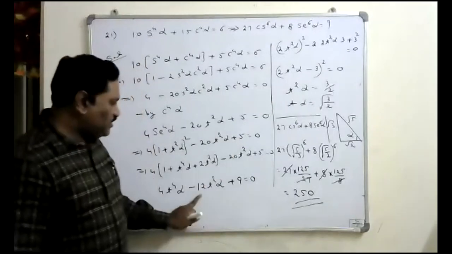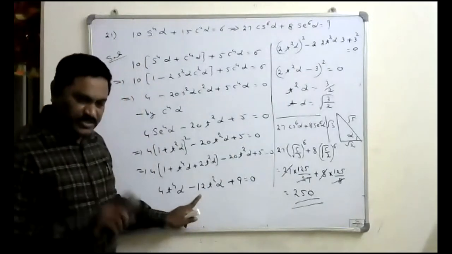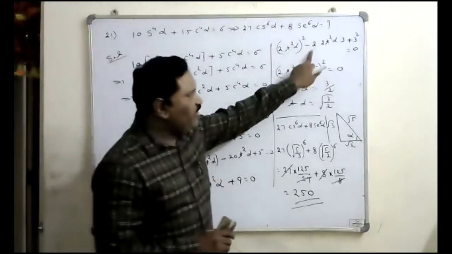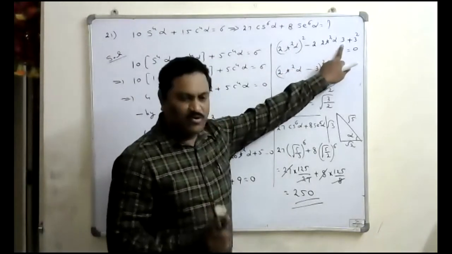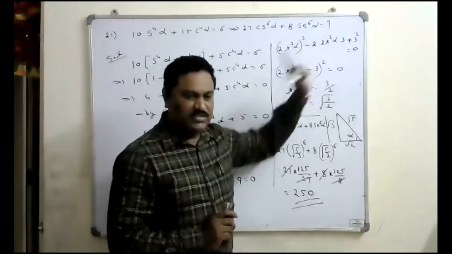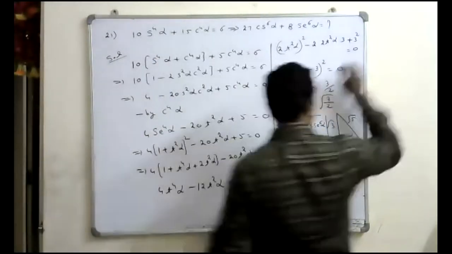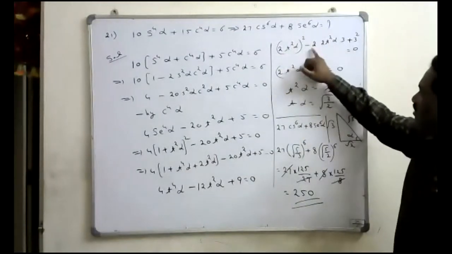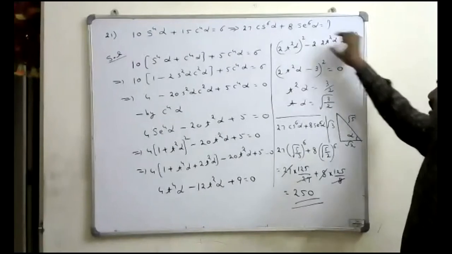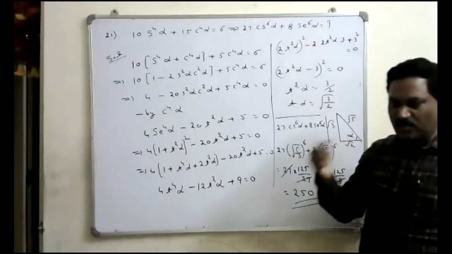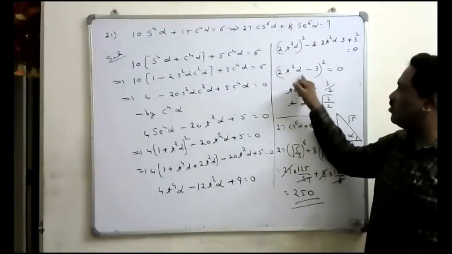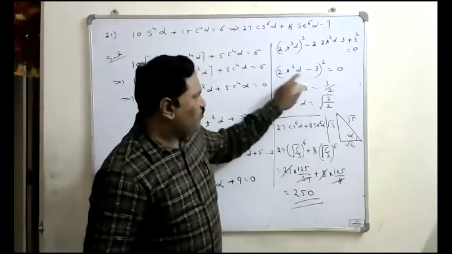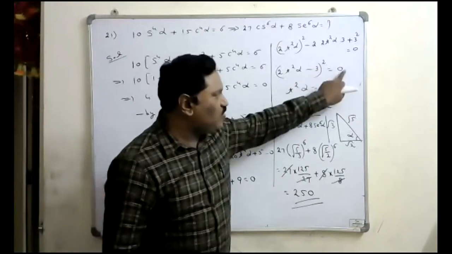Minus, there is a 12, that I can write as 2 into 6. 6 again I can write as 3 into 2. That's why this is 2 into 2 tan square alpha into 3, we can write the 12. That's why 2 2s are 4, 4 3s are 12. Plus here 9 I can write as 3 square. Now it is in the form of a square minus 2ab plus b square. This is the formula of a minus b whole square, where a means 2 tan square alpha, minus 3 whole square equal to 0. Means we got 2 tan square alpha minus 3 equal to 0.